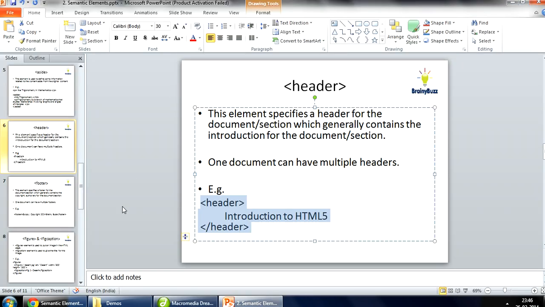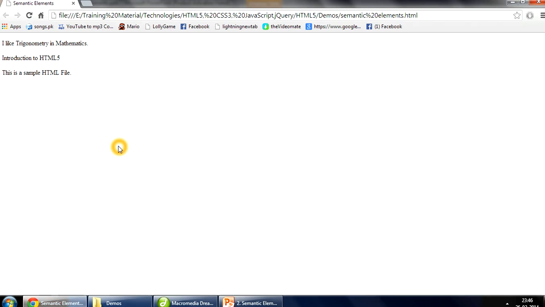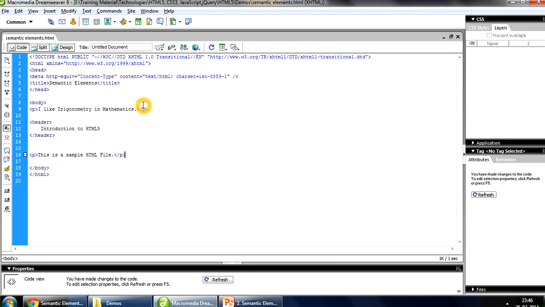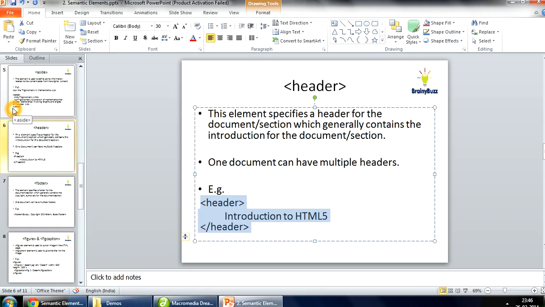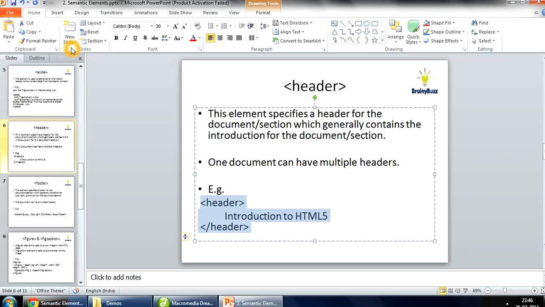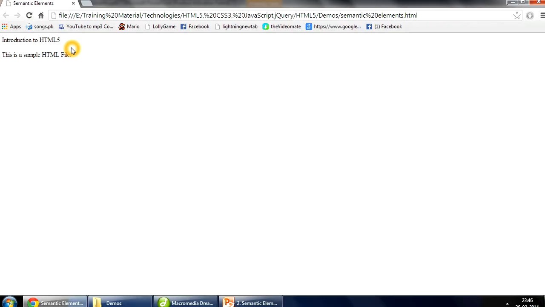Like this. If you refresh it, you can see that this is the header and this is your content. Header is basically the introduction part of the document, wherever you want to write the introductory part.